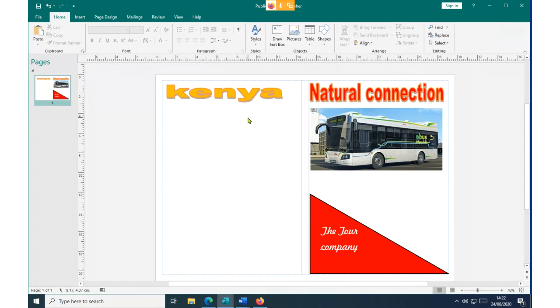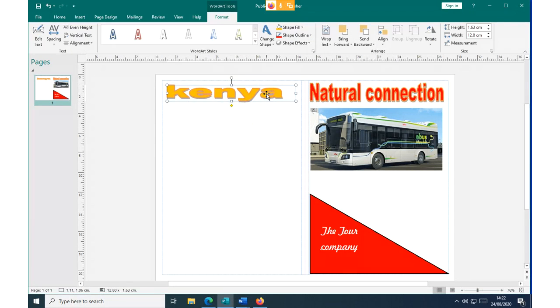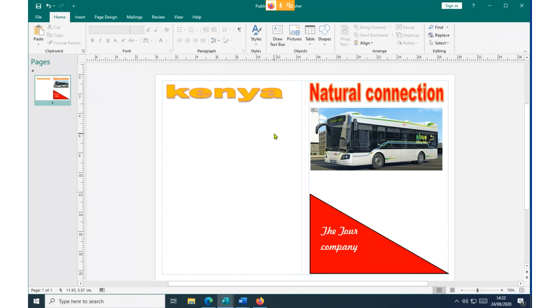So this is the back page I'm now designing. I'll use the word that. Then again, I simply insert another picture, maybe for the back. In this case, I go back to my Insert command. You can see when designing a brochure, the Insert command and page design are very, very crucial.